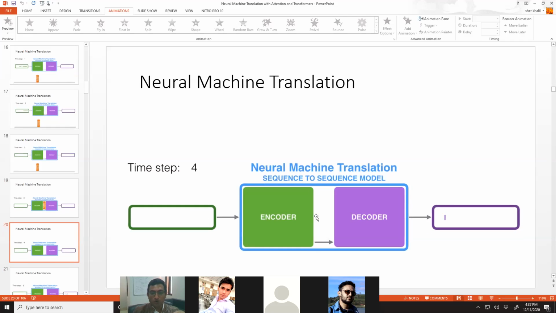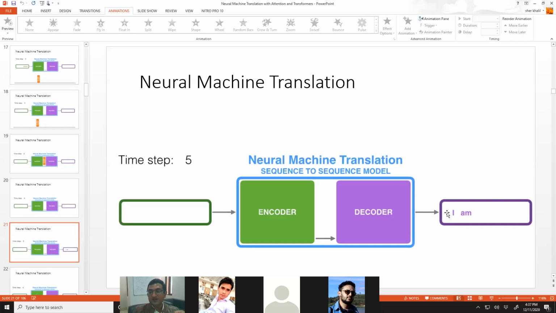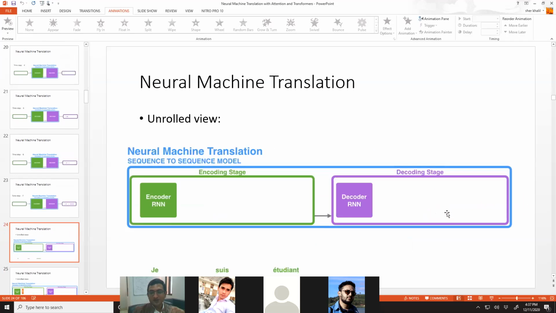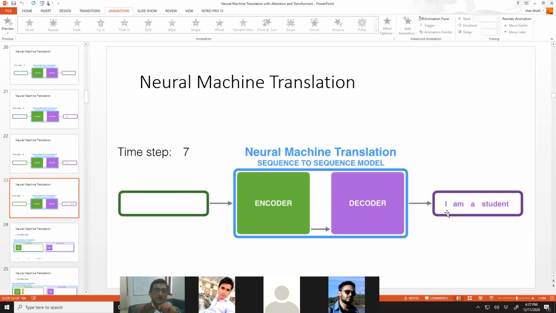So at time step 4, when you gave this context vector, from that context vector the decoder generated I, then it generated M, and then it generated F, and then it generated student, right? In this way, you can see this encoder is nothing but an RNN, and this decoder is nothing but an RNN. To this RNN, we are providing the context vector. From that context vector, it produces the output sequence. And how is that context vector estimated? It is estimated by reading the complete sequence at the input.